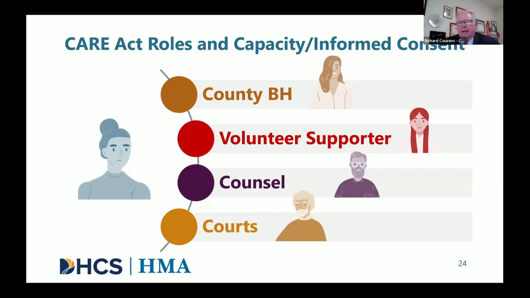Sure. I think the role of the court is uniquely defined because of the neutrality. The judge is the only person in the courtroom charged by law with being neutral. The judge doesn't represent behavioral health, doesn't represent the respondent, but is responsible for looking after the rights of everybody in the courtroom and the entire process. And that is a very powerful position because most people do respect the authority of the court.